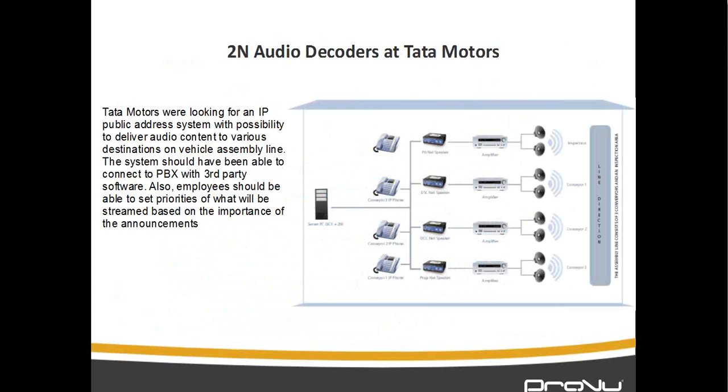They also had scheduled announcements on the system. So in certain places where they want to schedule an announcement, for example when a certain part of the motor car comes along, they want to say, please check this, and vice versa, depending on whatever you want to announce. So they came up with this solution, and so far they have been very, very happy with what they have achieved, and it is future-proof. It's not purely just a PA system. You can do a lot more with it as well, and they liked that flexibility in the 2N system.